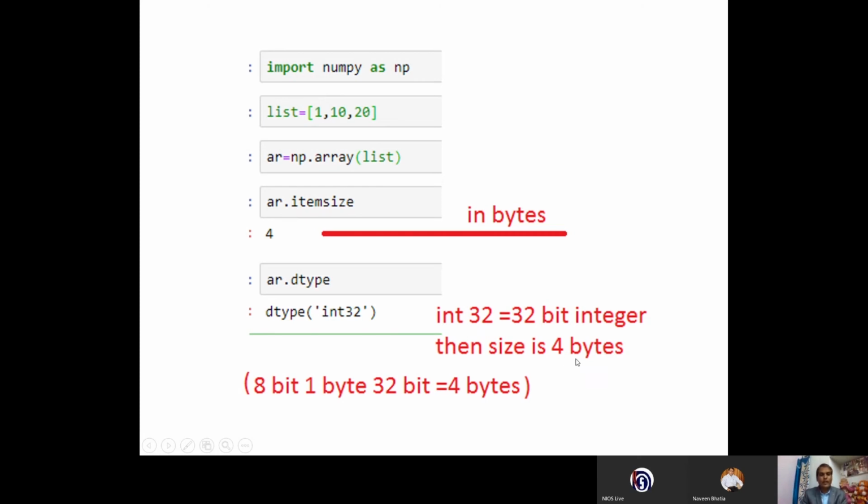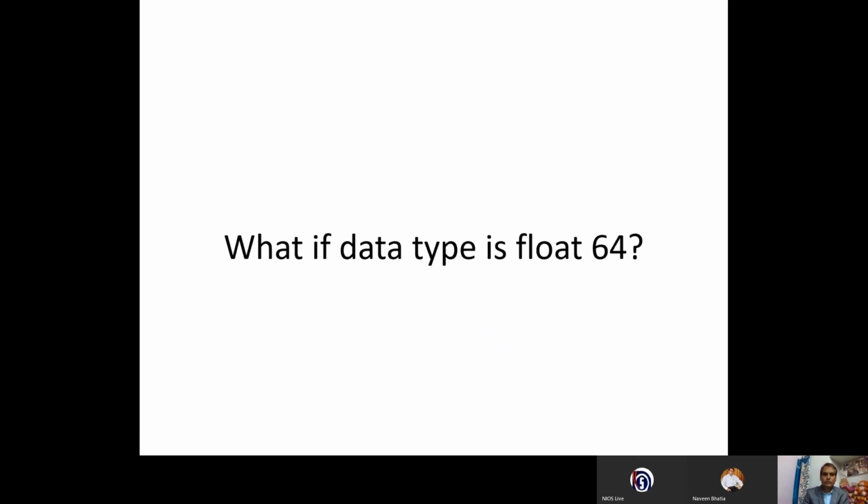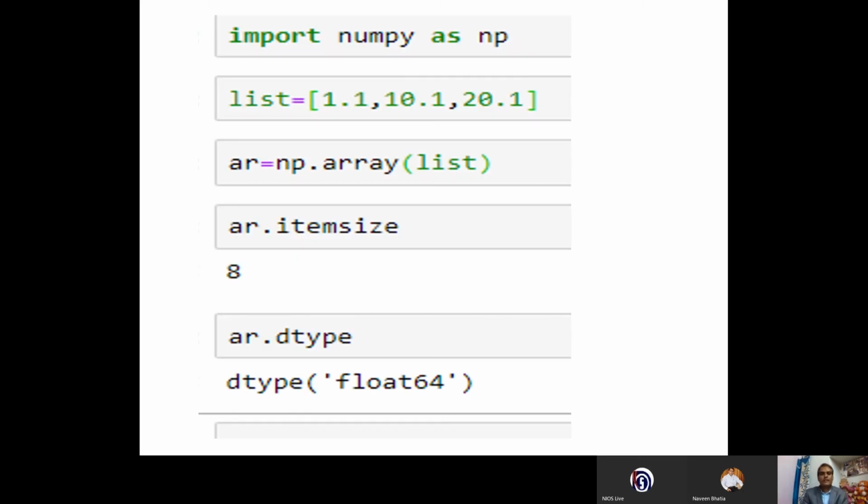Then the size will be 4. 8 multiplied by 4, 32. 8 bit, 1 byte, 32 bit, 4 bytes. So this thing you have to remember. There may be a 1 mark question in exam. A simple question may come in exam. Can you tell me what if the data type is float64? What will the answer be? Yes, the answer will be 8.